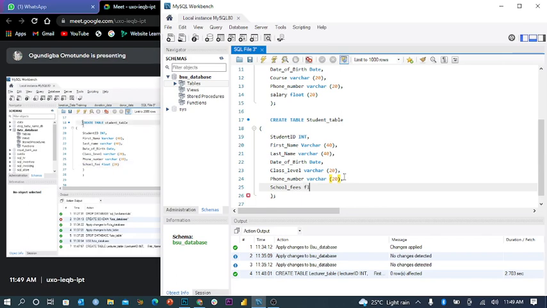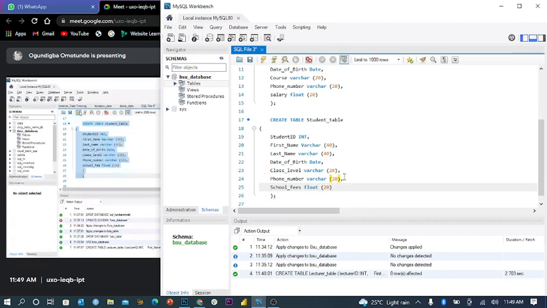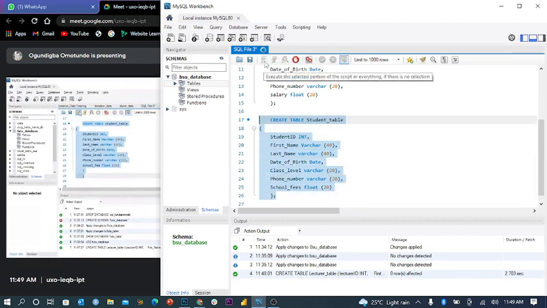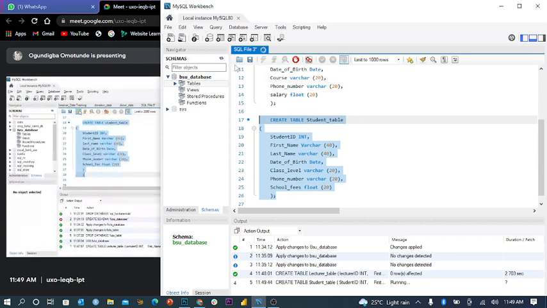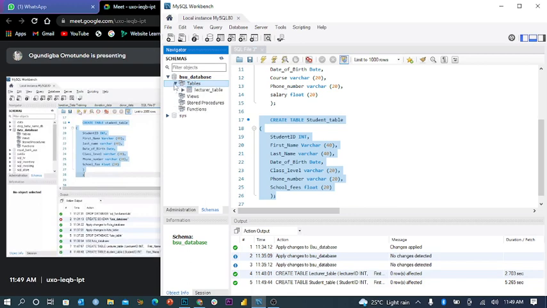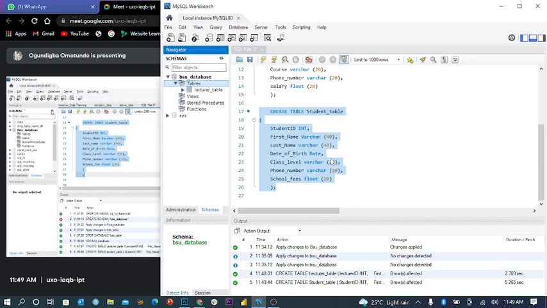Now let's create this table. So we just highlight it and we run again with this Thunderbolt. I'll give us time to experiment it ourselves. I just want us to see the rudiments and the modus operandi of how we create tables. Now, when I click it, the table is created already. If I refresh this schema, and I come here, click the footer database, click this drop down icon here, I can see my table here already. I can see lecturer table and student table.